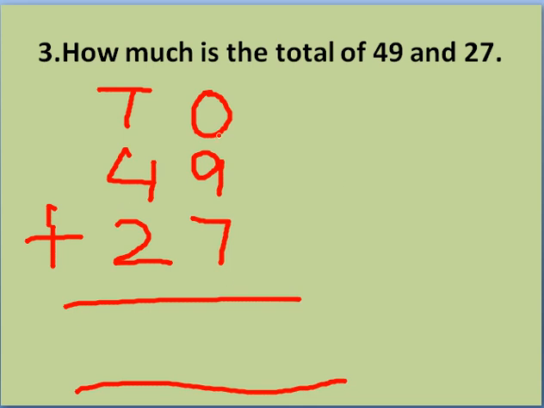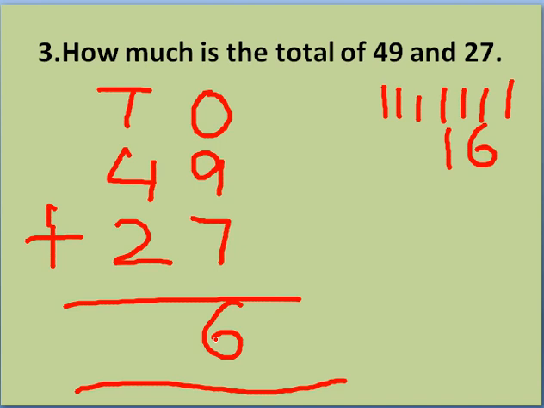What we can do, we can add it in both the ways, 9 plus 7 or 7 plus 9. But it is better to take the larger number with you and make lines or take out your fingers of the smaller number. So here it is 7. So I'll make 7 lines. 1, 2, 3, 4, 5, 6, 7. You can take it on your fingers also. Okay. And after 9, we'll start our counting. 10, 11, 12, 13, 14, 15, 16. Okay, so now again the 16, out of this ones place number will be written here below ones place, and tens place number will come to tens place.